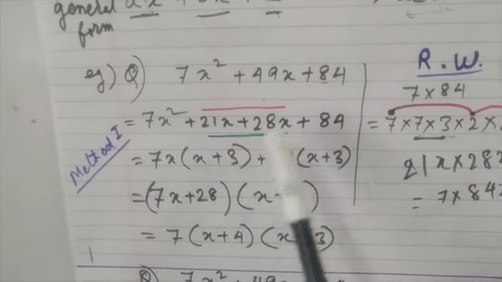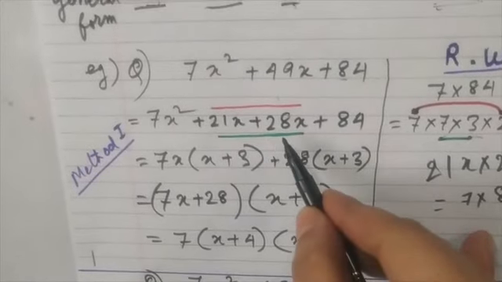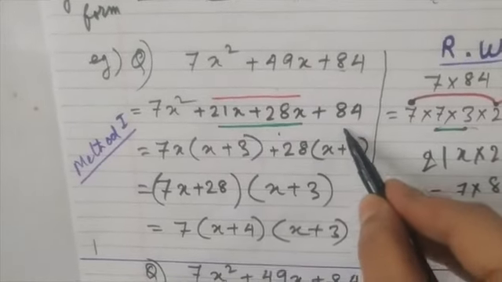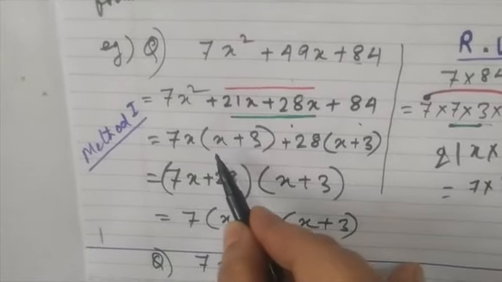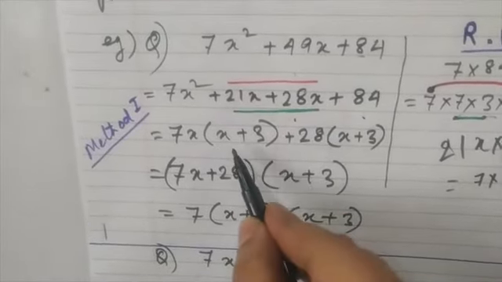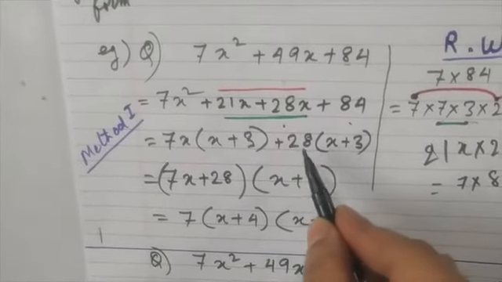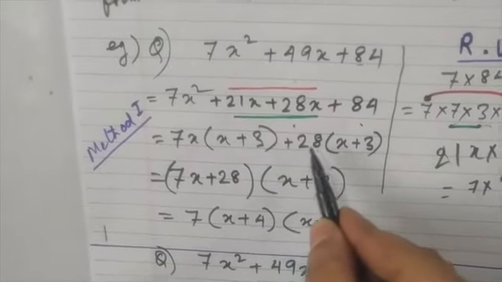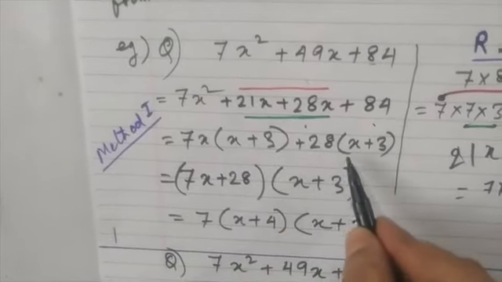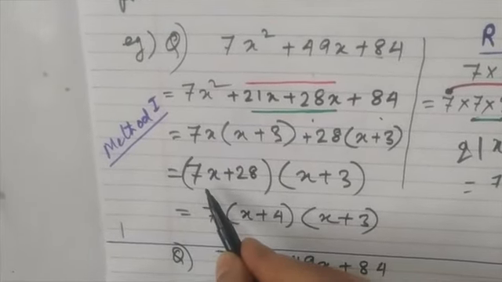Now from the next two terms, we will also take common those numbers in such a way that within the bracket the first is x plus 3. So you have to tally with this part. X plus 3, here also x plus 3. So x plus 3, if we are taking common, obviously 28 will be outside. And from these two terms, if you take x plus 3 common outside, then you will be left with 7x